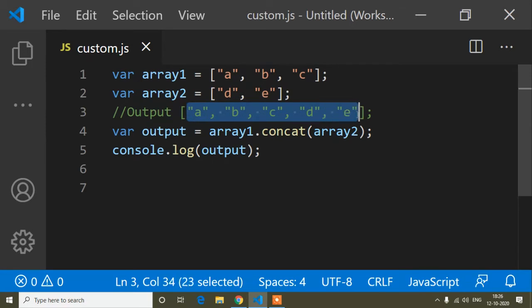So hope guys you can understand about array concatenation. So why do we use array concat? Again I will show you two things. Suppose our output should be like this.